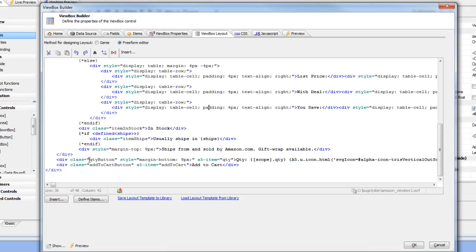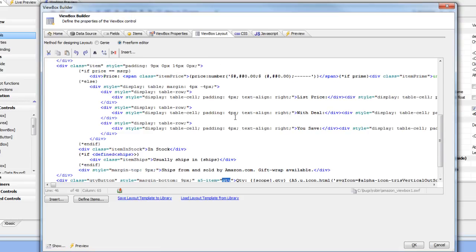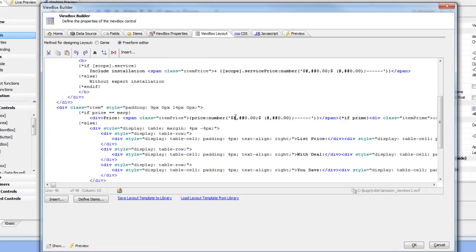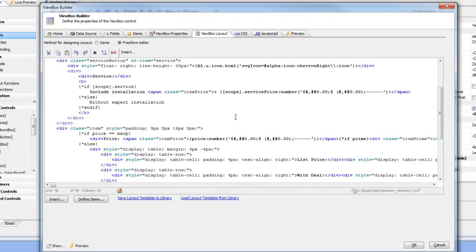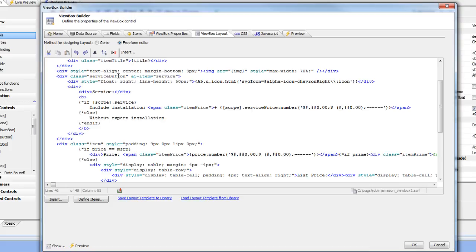So let's take a look at how, for example, the quantity button is implemented. If we look at the quantity button over here, we see it has a class called quantity button, but it also has an A5 item called quantity. So the A5 item is how you define the event handler for the button. Similarly, the add to cart button has an A5 item called add to cart, and if we look here for the service button, we'll see here's the service button, which has an A5 item of service. So these three A5 items, service,